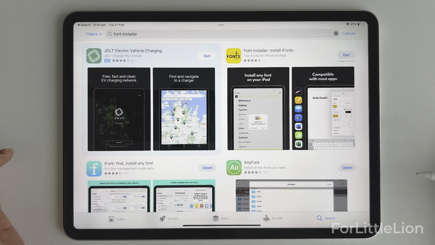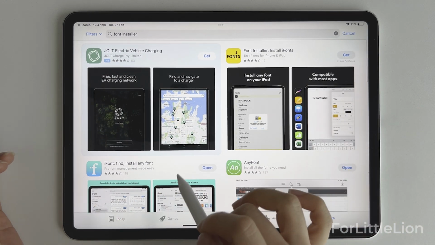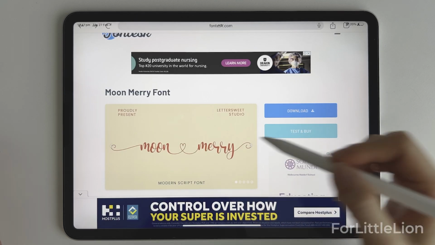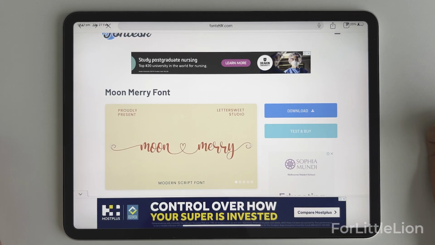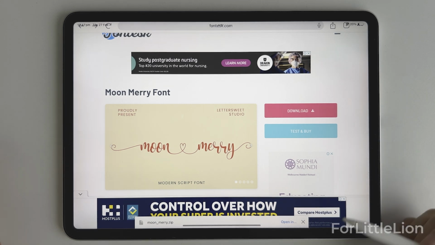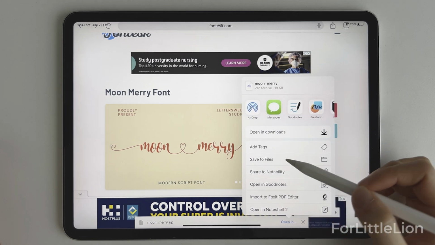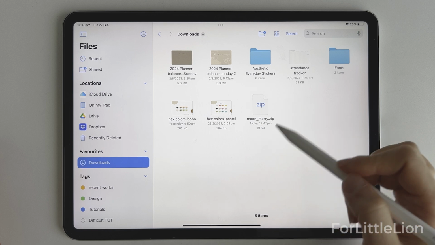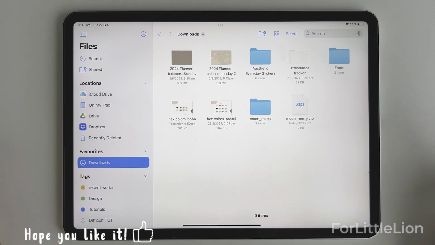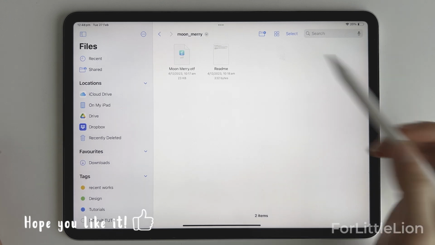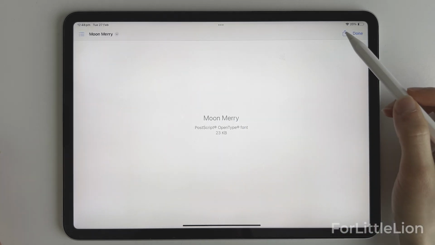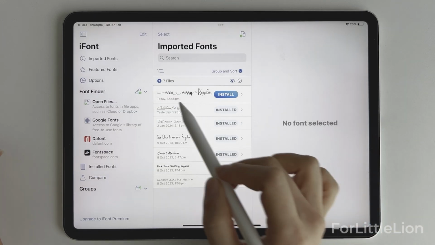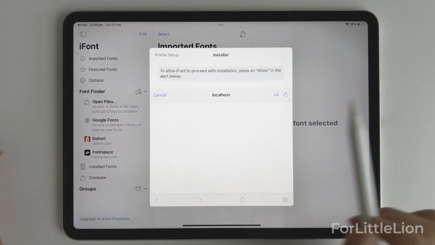Firstly, you need to download a font installer app. The one I use is iFont. It does the job and it's free. After you have the font installer downloaded, download the font and save it to the Files app. Click the zip file to unzip it. Click the Share button and find the iPhone icon and click on it. You'll see the font we just added here. Click Install, Allow,